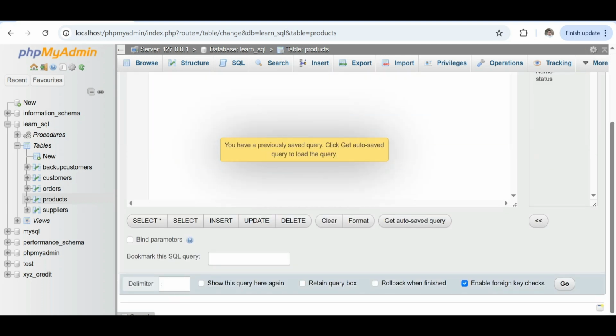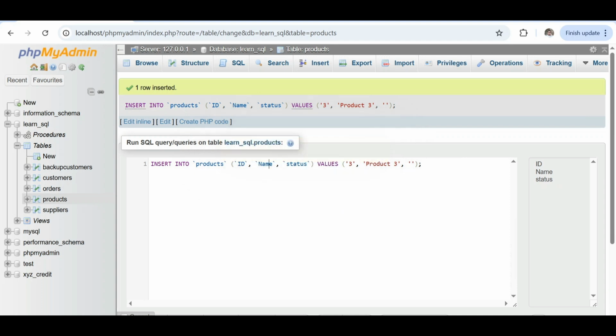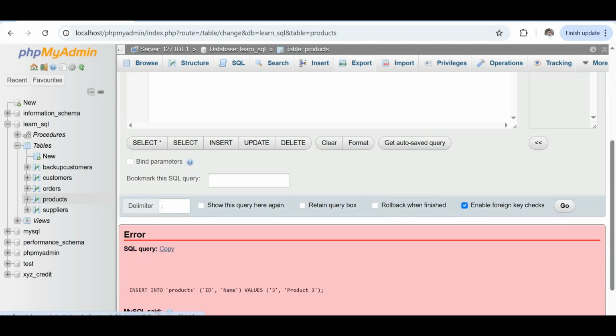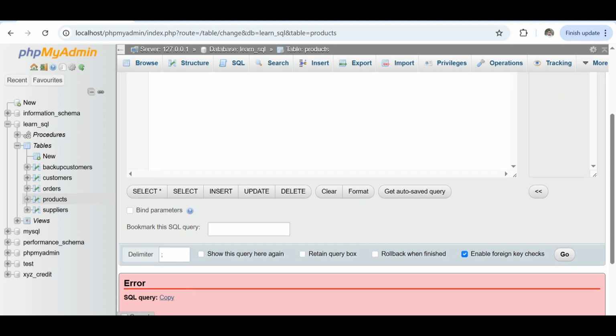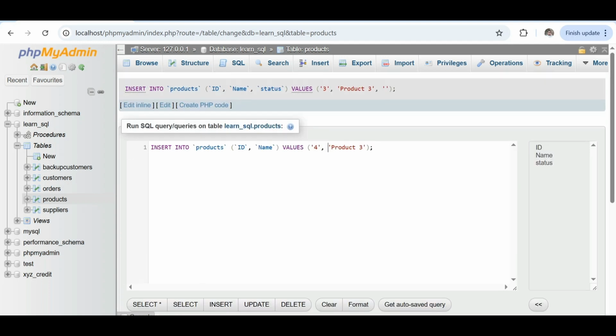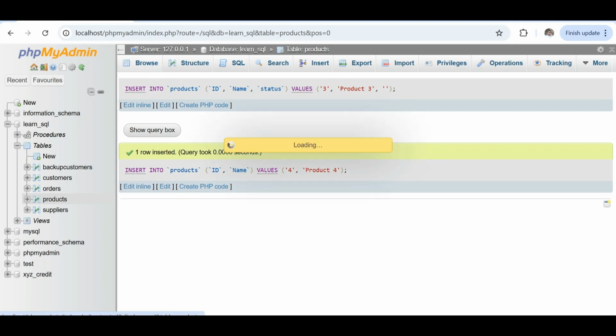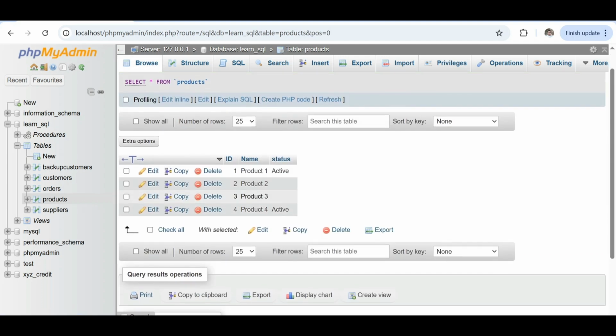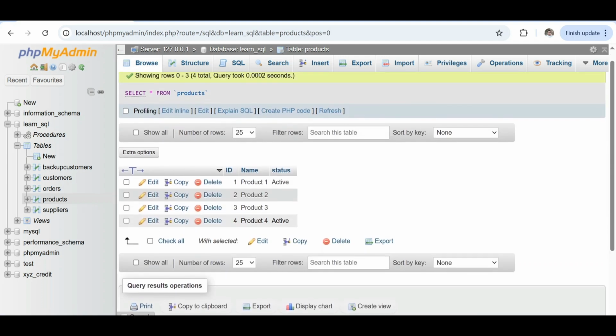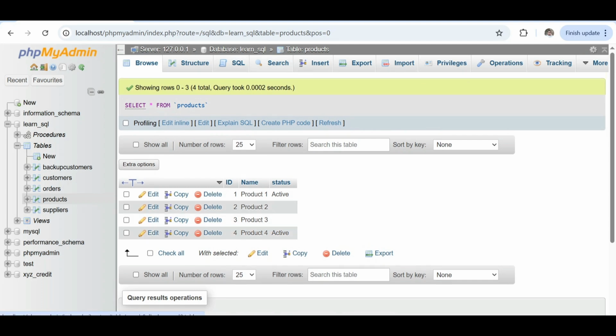I will modify this query and see what will happen. Oh sorry, product 4. Product 4, and nice, this is active, so the value is active. Okay, that is for default constraints.